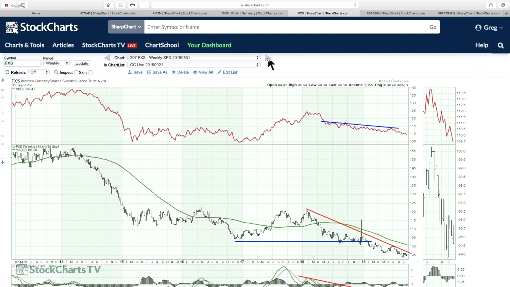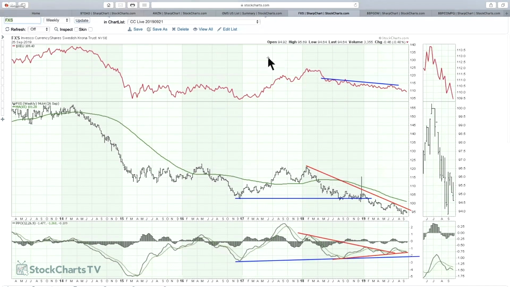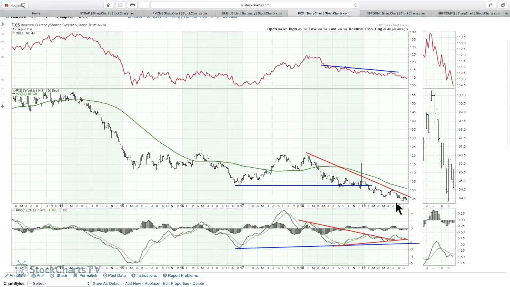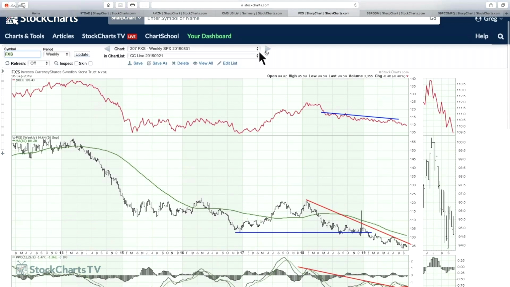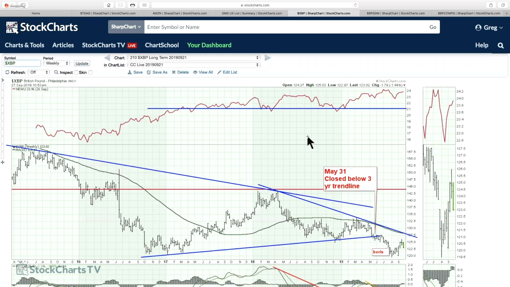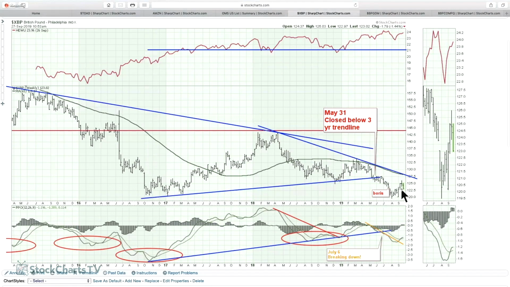I like to watch this Swedish krona to help me with the direction of the euro, and it looks to me like it's still living in the bottom corner. The euro is actually now outpacing it and starting to break lower. So it's not going to help me if it's behind the fact. But here is the British pound, and what we see is Boris Johnson got elected in here, rounded up, and is now rolling back over and is at 2-week lows for sure. The real question is, what about 3-week lows? Wouldn't take much to get there.